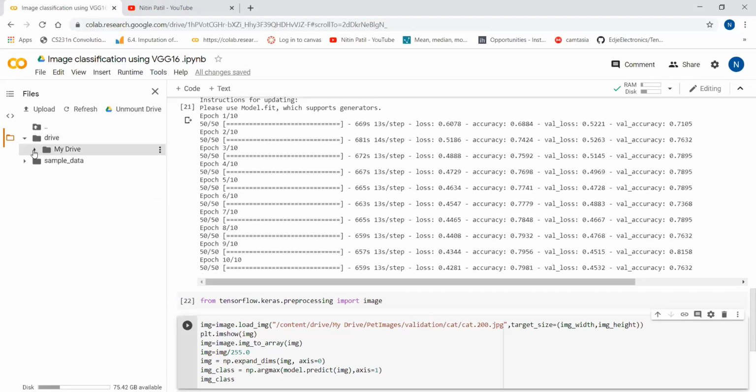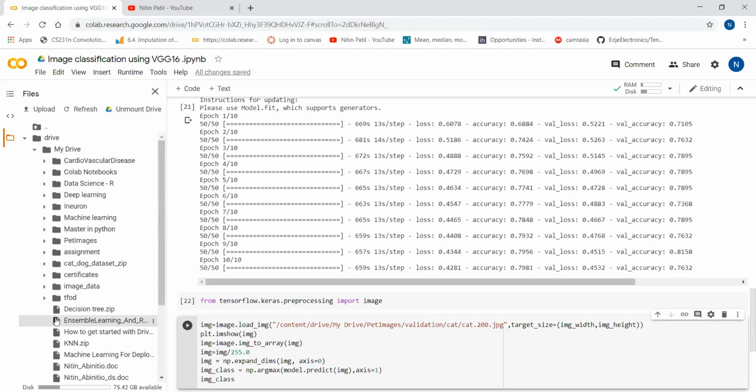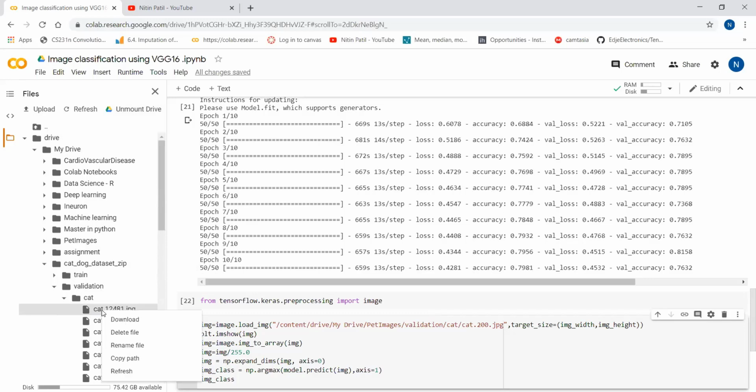So go to my drive. We have loaded the cat dog dataset zip, right? So I will go to validation, suppose cat, this is the first image. I will copy the path and replace the path over here.